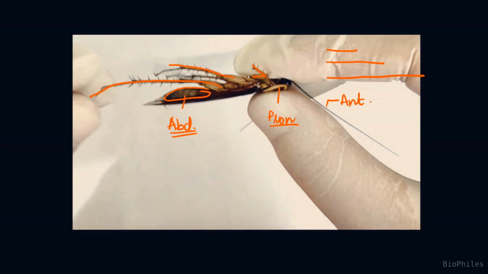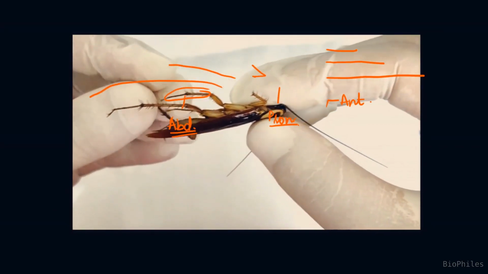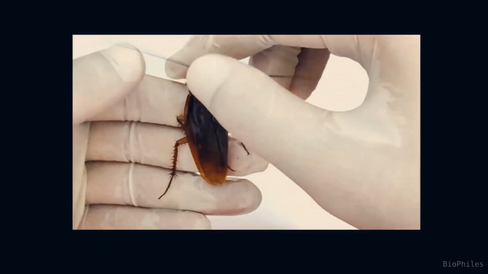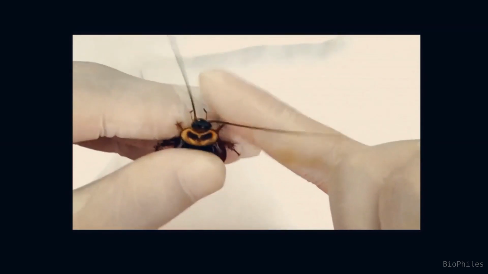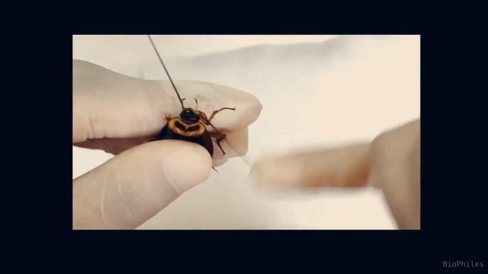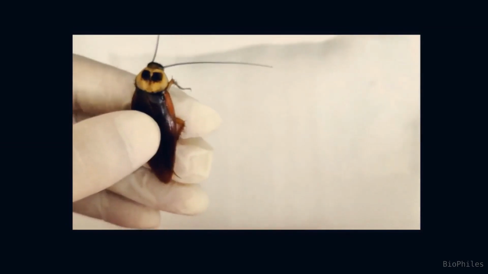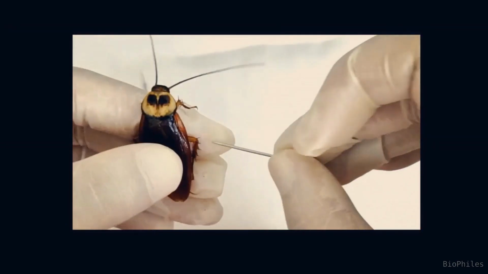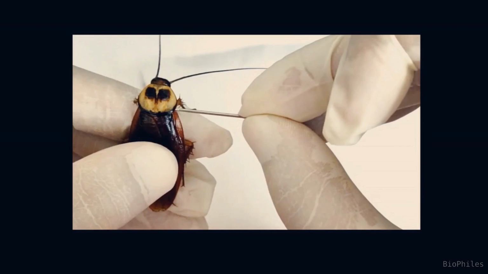Okay, so this was the thorax from the lateral side. Let us now shift the cockroach to the dorsal side, and in the dorsal view we can make out a tiny head which is protected partially by a large sclerite. This sclerite is called